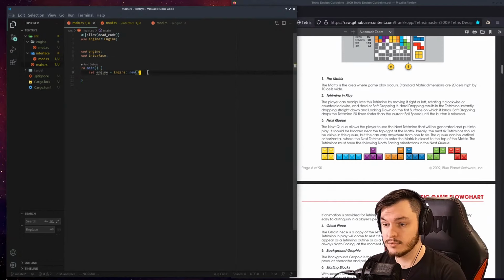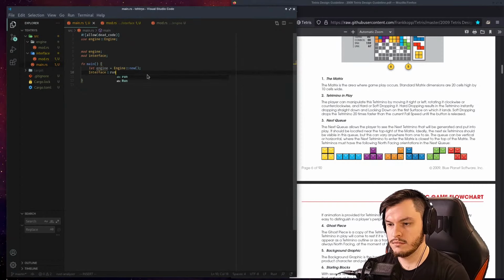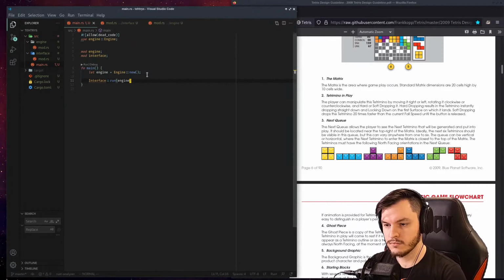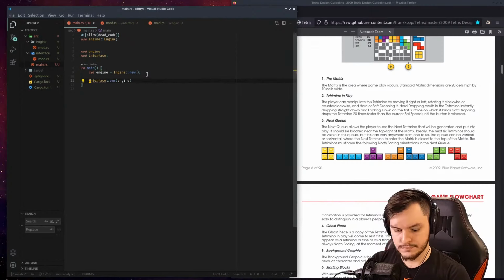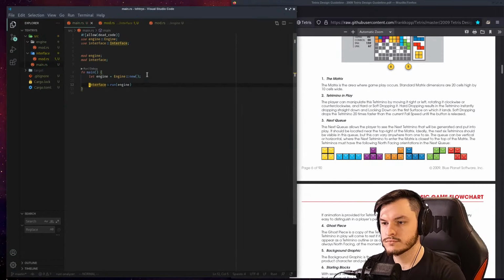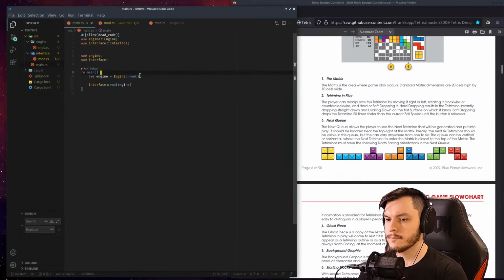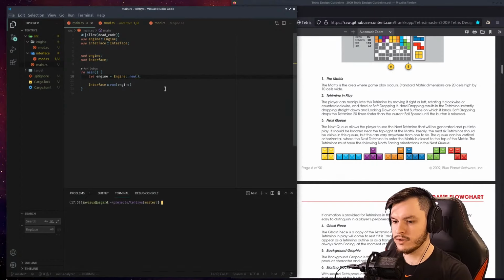So then in the main, what that looks like is interface will run the engine. We're going to say import this interface. So now if we run this,